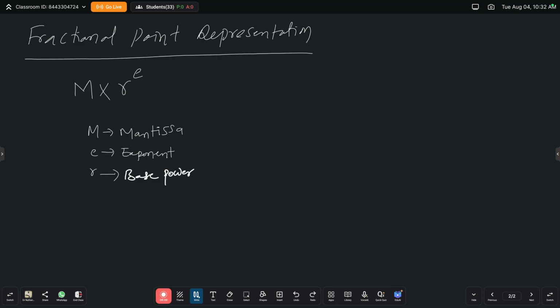So for example, just observe. If you take one number, how to represent it as per the scientific notation? 1011.011. Okay, this is one example binary number. So how to represent it as per this floating point representation? If you want to represent this number,